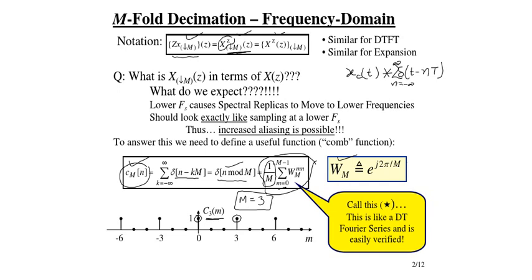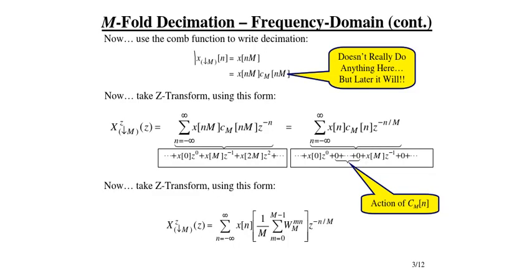So how can we obtain a downsampled version of x of n? It will be nothing but x of nM, right? We are actually choosing every capital Mth sample from x of n. So we can write this like this also, right? We are taking the instantaneous amplitude at every capital M, and we are simply multiplying by the impulse train, right?